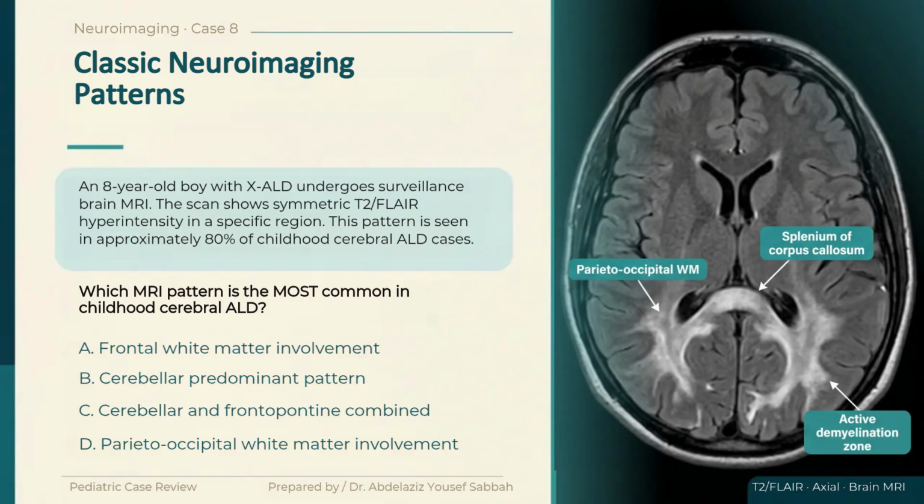Option A, frontal white matter involvement. Option B, a cerebellar predominant pattern. Option C, a combined cerebellar and frontopontine pattern. Option D, parieto-occipital white matter involvement. Recall the classic location of demyelination in this disease. The correct